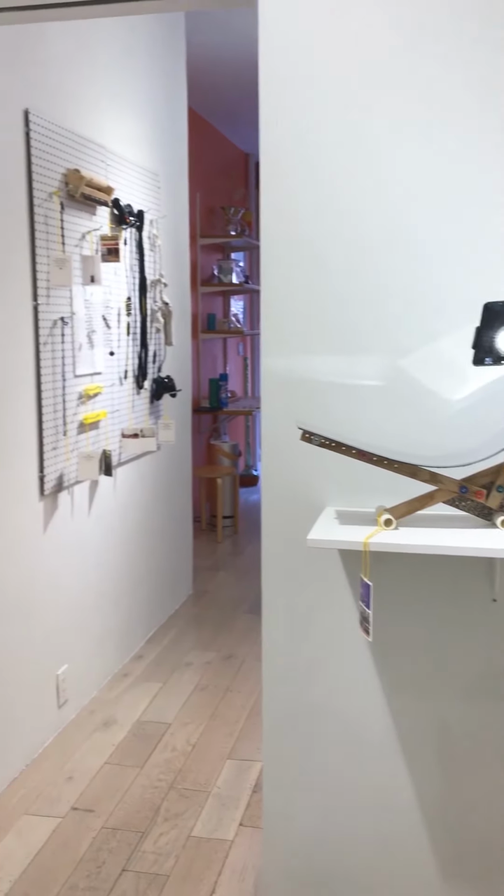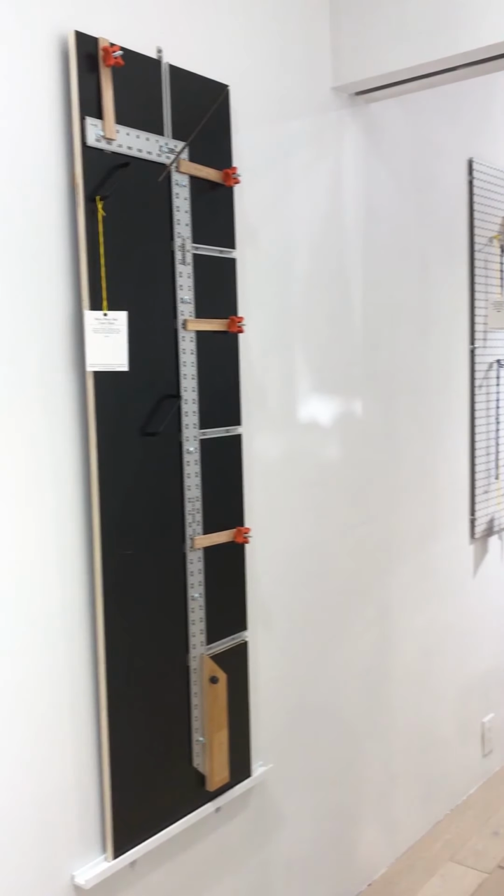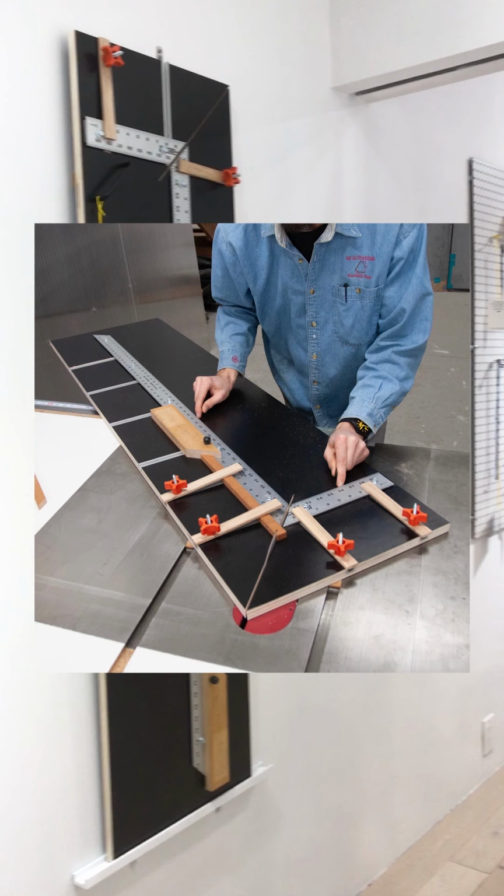Video produced with the jig is abstracted in a way that's determined by the camera's position in relation to the curved reflective surface. Hanging on the wall, we have a large version of a template. This is a platform jig made by Connor Klein titled Miter Sled. It slides across the top of a table saw while holding pieces of wood in place for accurate 45-degree miter